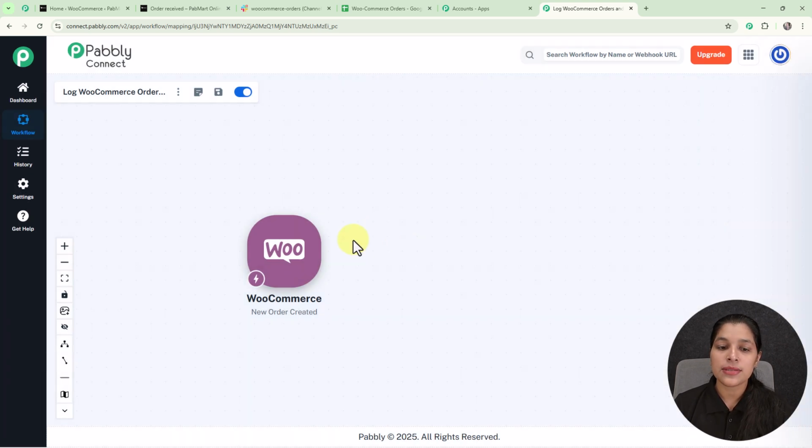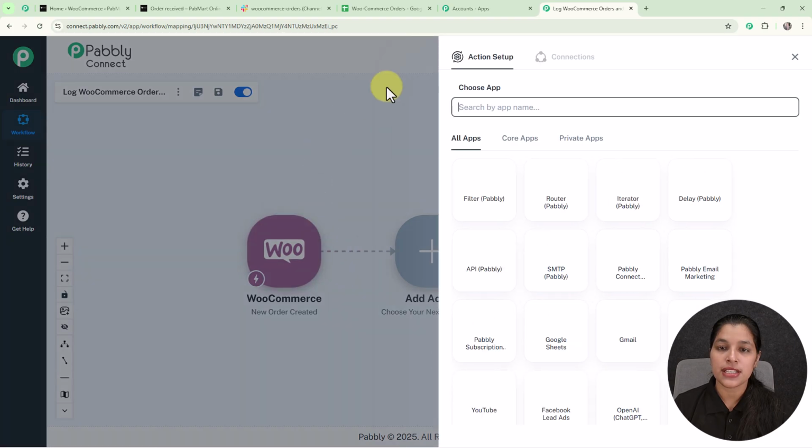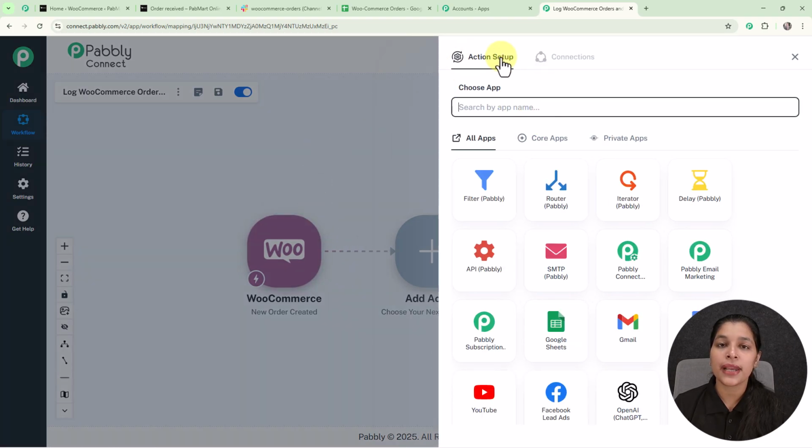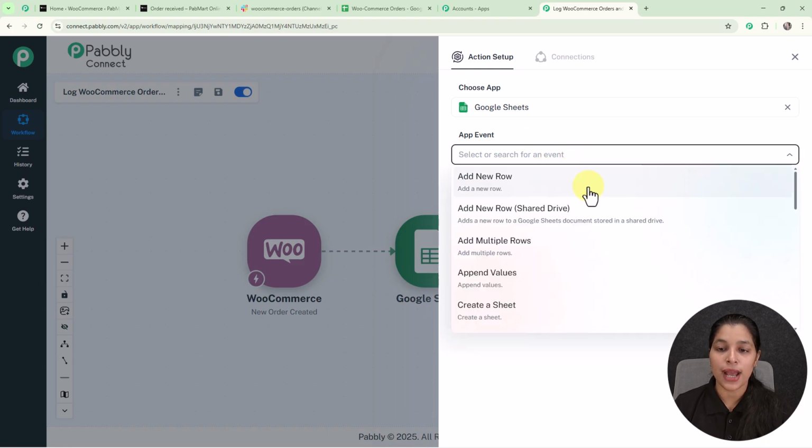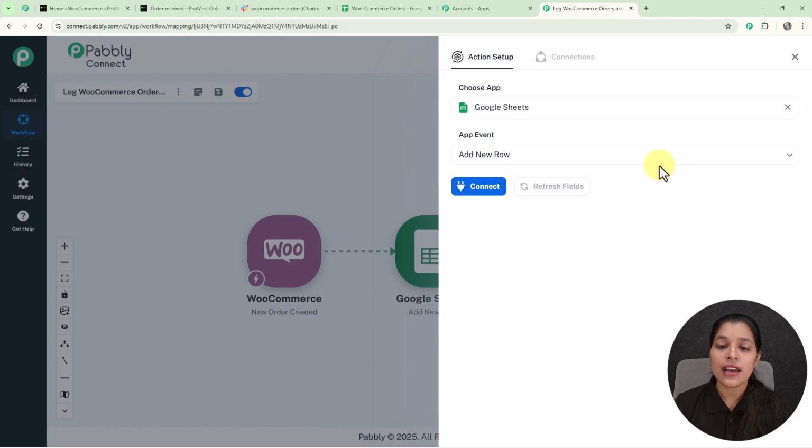So for that you simply have to click on this add new action step button, and you will land on this action setup page where I am going to first search for Google Sheets, which can be seen here, as I am going to add the order details in the Google Sheet, and afterwards it is asking me to select the app event. So here I am going to select my app event as add new row, and afterwards we simply have to